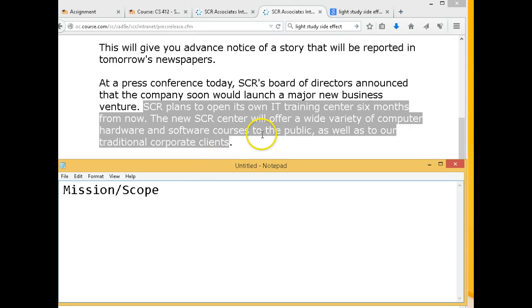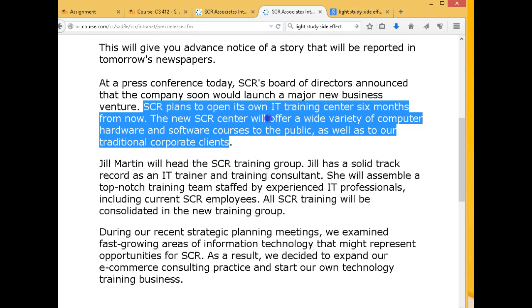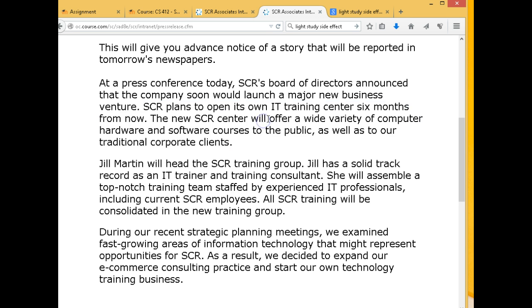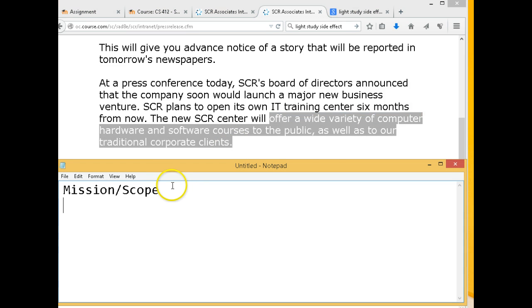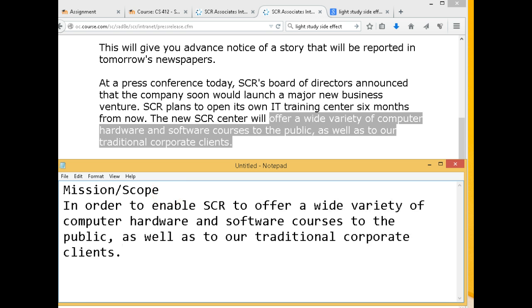We're enabling our company to offer a wide variety of hardware and software courses to the public. Okay, so I might say something like this. In order to allow or enable SCR to offer that variety